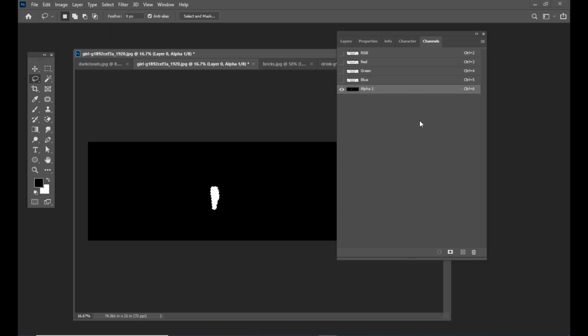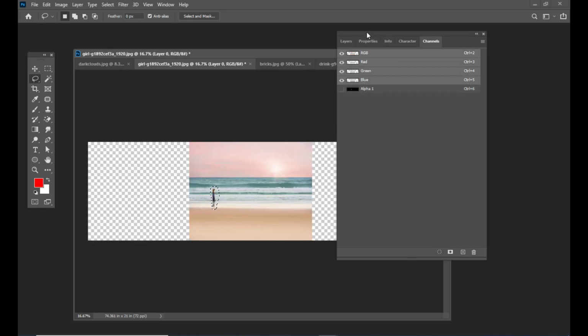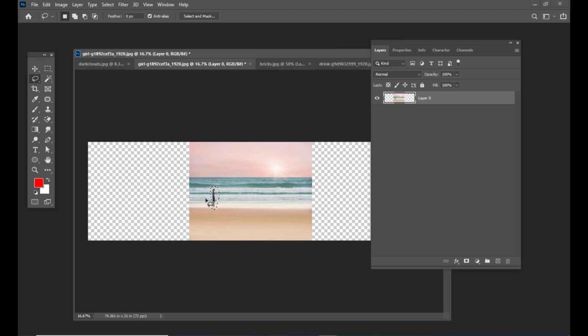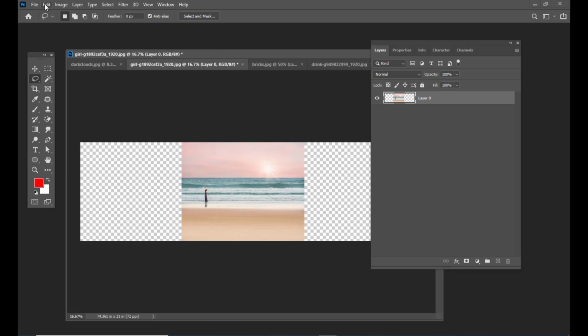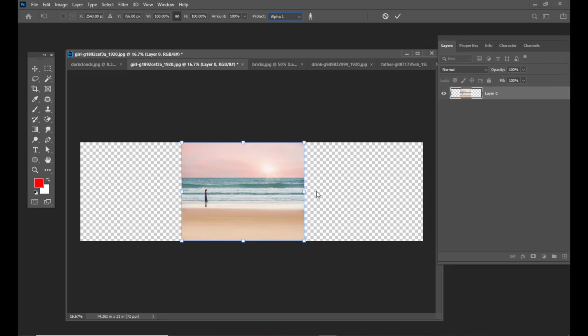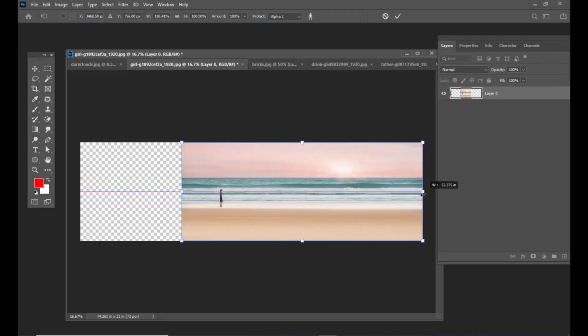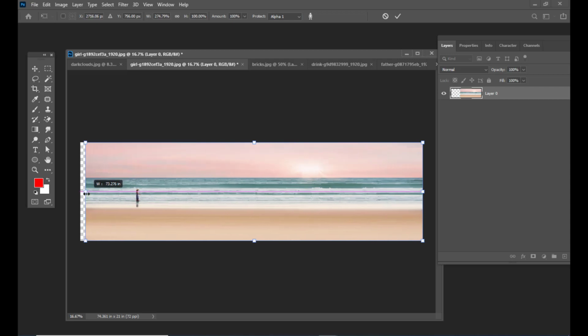So for this image I have applied an alpha channel so that I can separate the subject and the background. Then I am going to deselect, go to Edit and apply Content-Aware Scale, select Alpha 1, which is this subject, and again hold Shift and extend this background without affecting the subject.